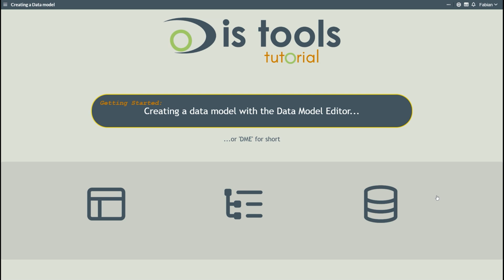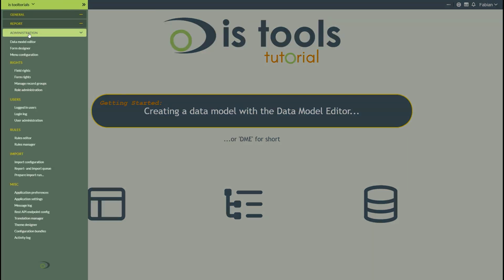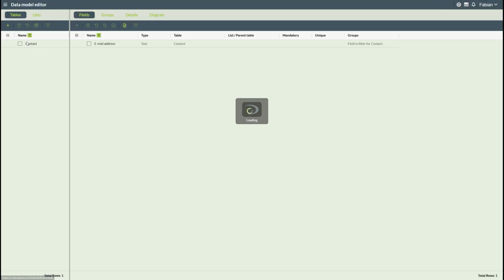Okay, let's open up the main menu on the left-hand side and navigate to Data Model Editor under Administration. We will start creating our model by adding a table in the left column. Our first table will be called User and will contain various fields to store data related to the different end